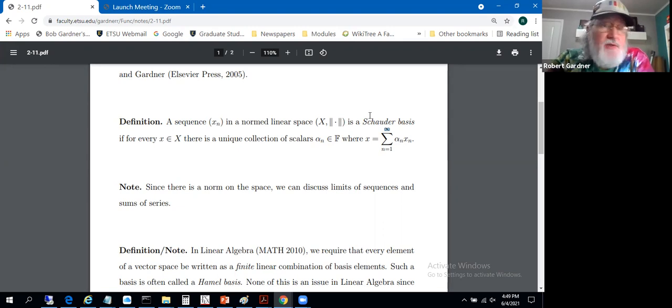Is that going to make any sense? Yeah, we're in a normed linear space, so we have a norm, we have a metric, and we can talk about limits. So we can talk about limits of sequences of partial sums in particular, and this actually makes sense that this series would converge to element x. So it's meaningful. In an arbitrary linear space, it isn't. Without the norm, you don't have a way to measure distance, so you can't talk limits, and therefore you can't talk series.